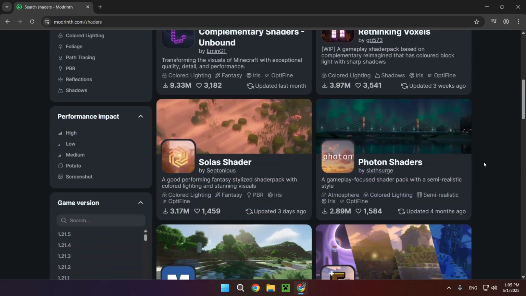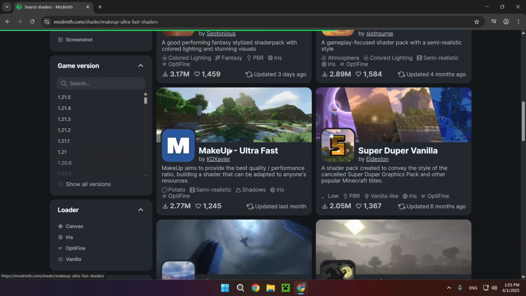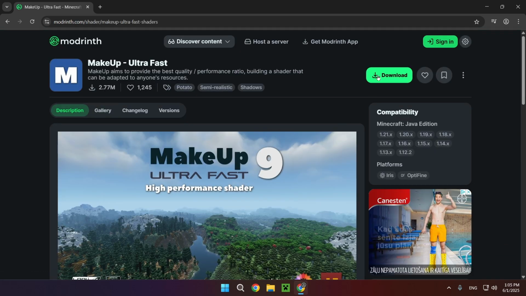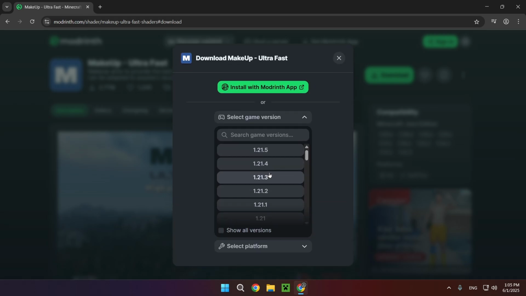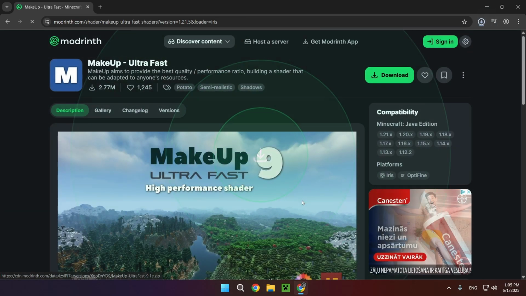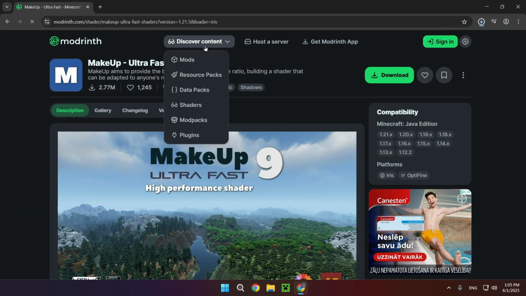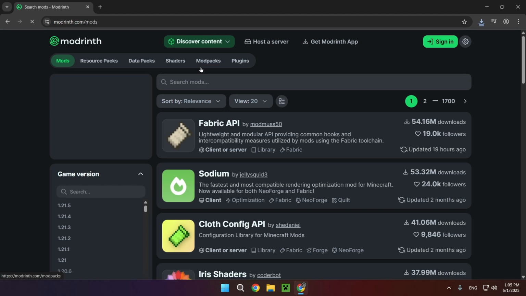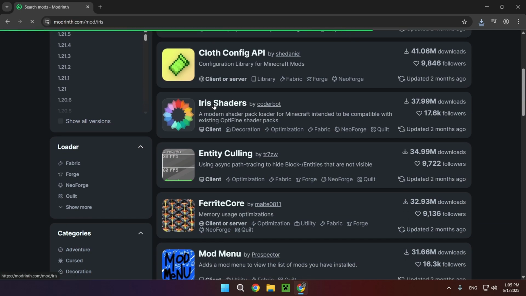And scroll down until you see MakeUp Ultrafast. It's one of the most popular shaders. Click download, select the game version, and select the platform. In my case, I'll be going with Iris. Download. Now, you want to go over to Discover Content, Mods, and you want to go over to Iris Shaders,